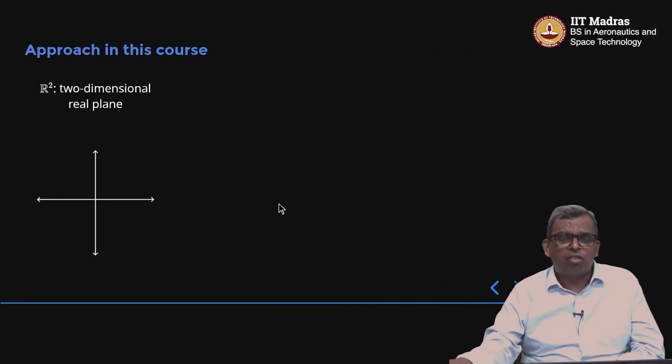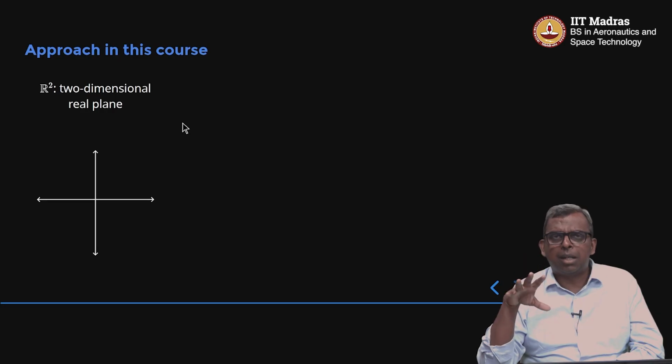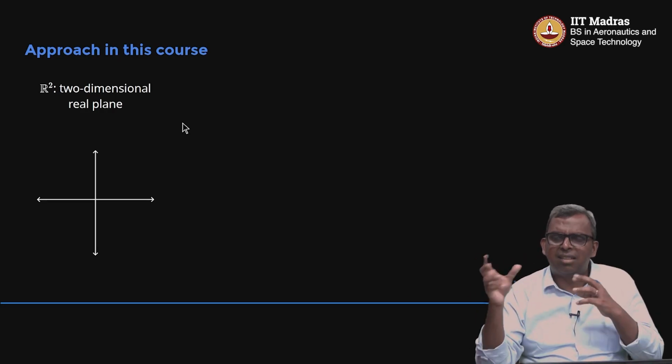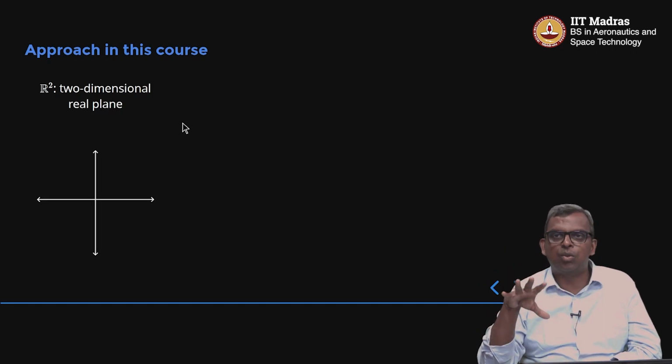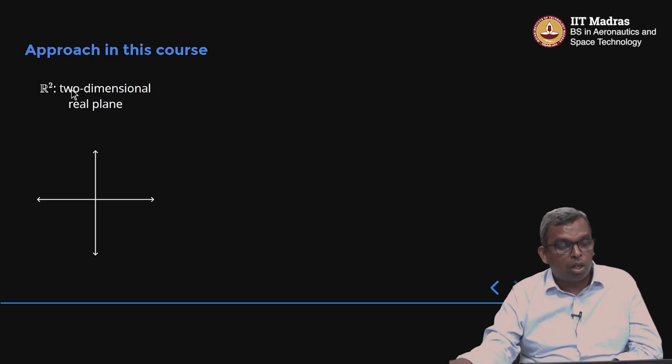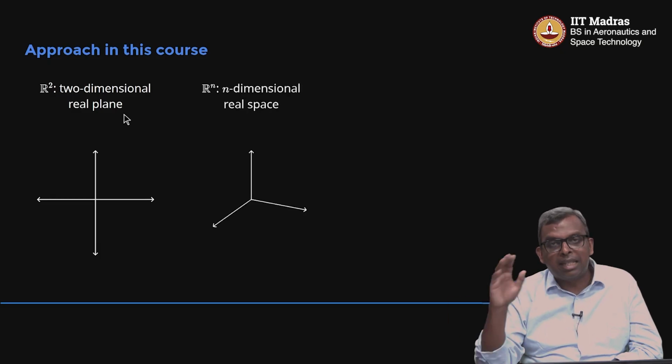Okay. So one of the approaches we'll take in this class is to highlight many of the concepts in R2 first, in the two-dimensional real plane. The reason why we do it is that in the two-dimensional real plane, a lot of things can be visualized with lines and what happens to lines under scaling and rotation. Many, many things are easy to visualize. You can draw pictures. So we'll do a lot of study with the two-dimensional plane, and then we will extend it